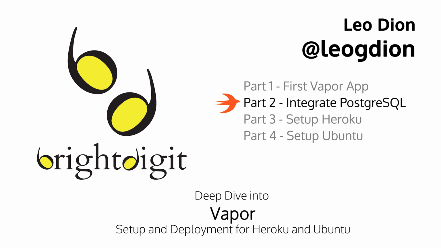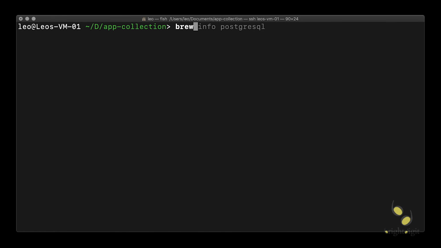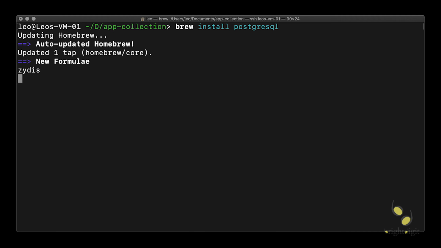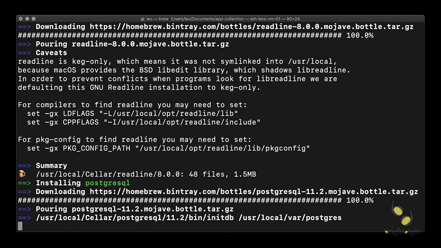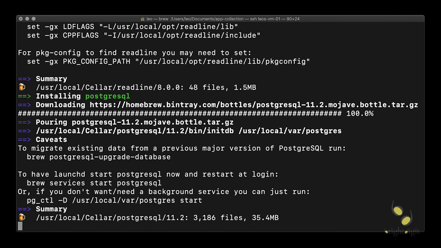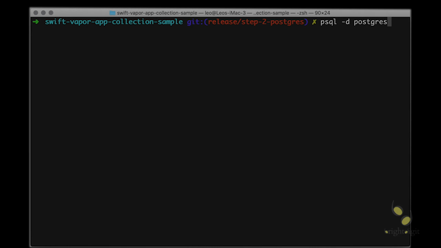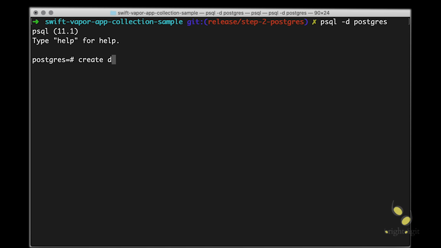In this video, we're going to look at integrating Postgres into our Vapor application. The first thing you're going to want to do is use the Homebrew command line tool to install Postgres. Once Postgres has completed the installation process, go ahead and make sure to run the server and then use the